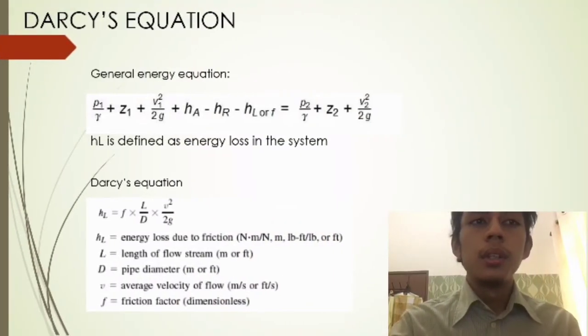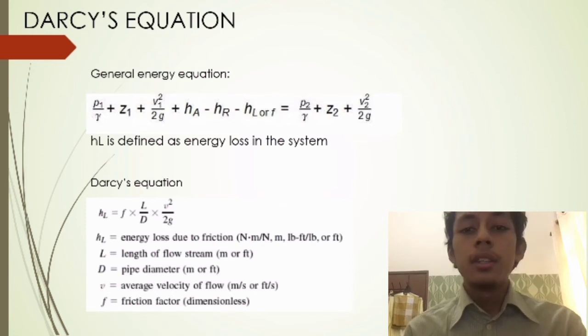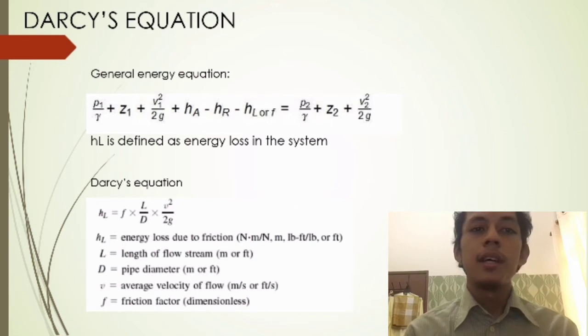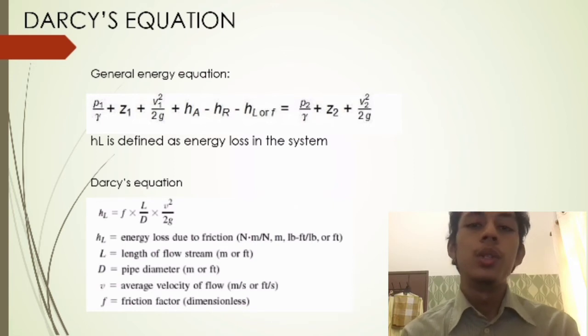So, I will be continuing this presentation with Darcy's equation. Darcy's equation, the general energy equation, is what is stated in the slide right now. The HL is defined as energy loss in the system. Darcy's equation, HL equals F times L over D times V squared over 2G, where HL is the energy loss due to friction,